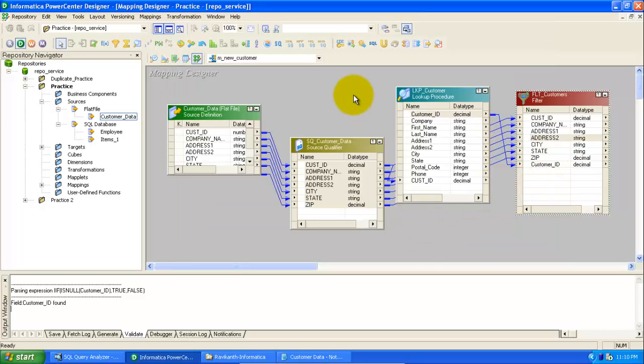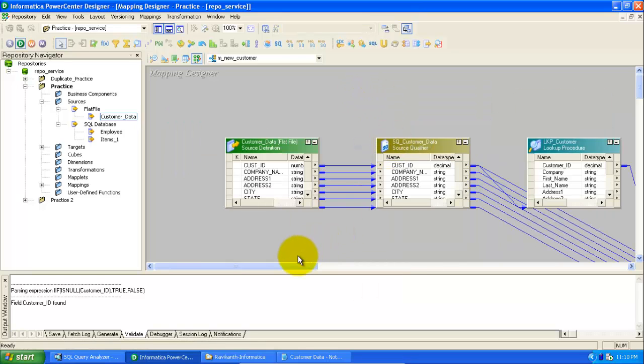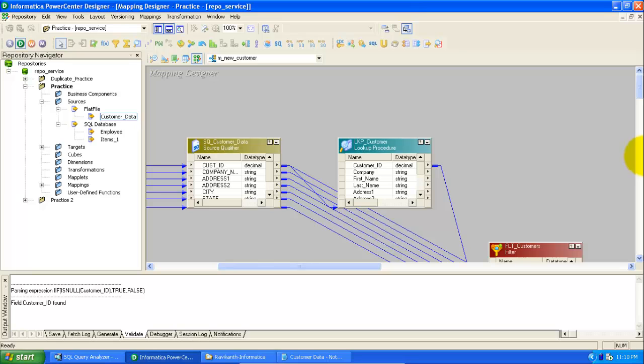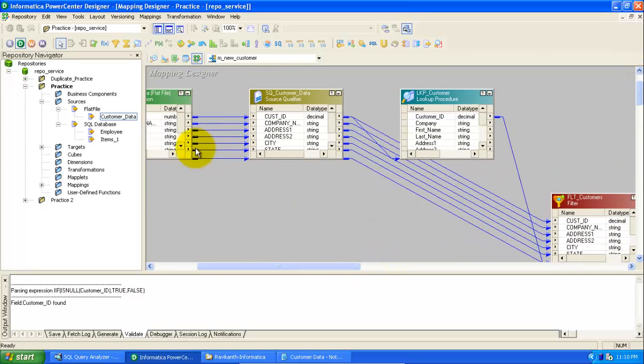Okay, so just right click here, arrange all. Okay, I will explain what we did till now. This is my source qualifier from where I am reading the customer data.